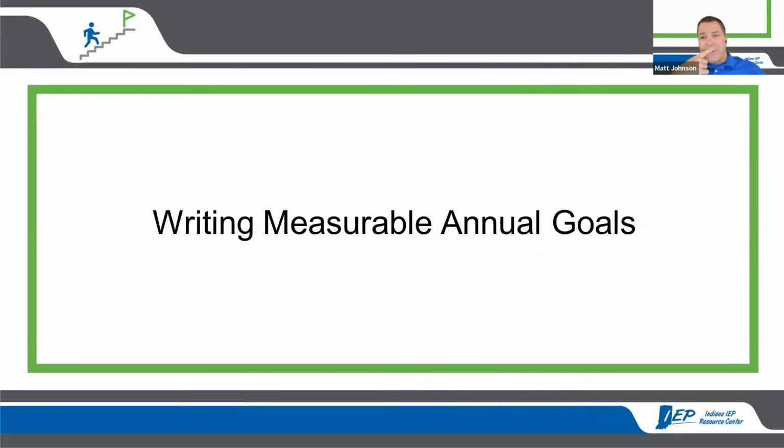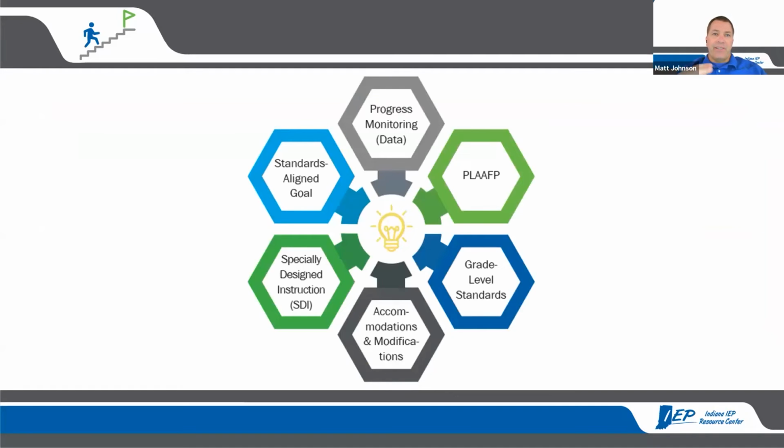So that brings us to the measurable goals piece here. As we're looking at writing measurable goals, and I want to maybe justify a little bit myself going through where we've been, the idea of going through these steps of the process that we see here is to lead us into annual goals. So let's think about progress monitoring. Where is the student right now? What do we know about them? How are we connected to the grade level? What accommodations and modifications are we already discussing that the student needs in order to access or make progress in the curriculum? What specially designed instruction do we think would be effective?